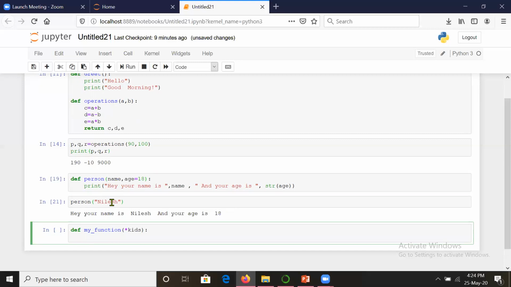Star means multiple values. So what we have achieved with this star is that we can accept many arguments. We need not even say how many arguments. It might be 4 arguments, it might be 100 arguments, it might be 1 argument even. Okay, and these arguments will come as a tuple here. So tuple, or for convenience, you can say it is a list.